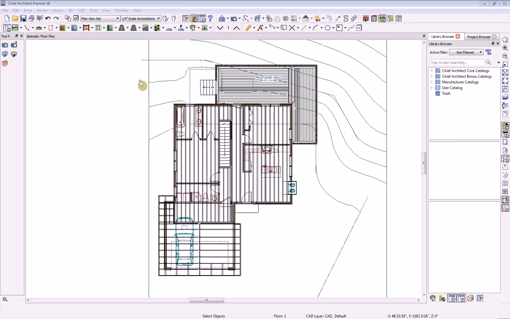Layers are used to control the appearance of elements in your model. As a project progresses, it can become difficult to work with because of the number of objects that are displayed on the screen. You can turn off the display of objects by turning off the layers that the object is associated with. For example, in this plan, we see that we have a lot of framing being displayed, which makes